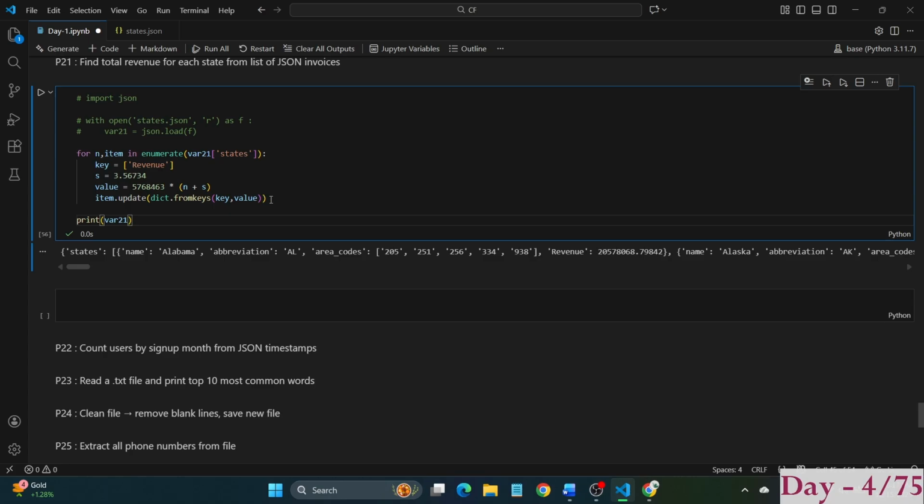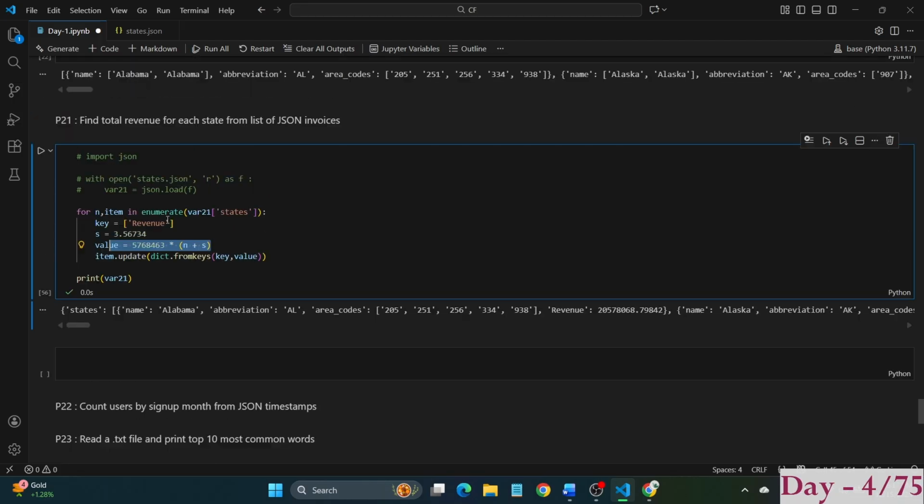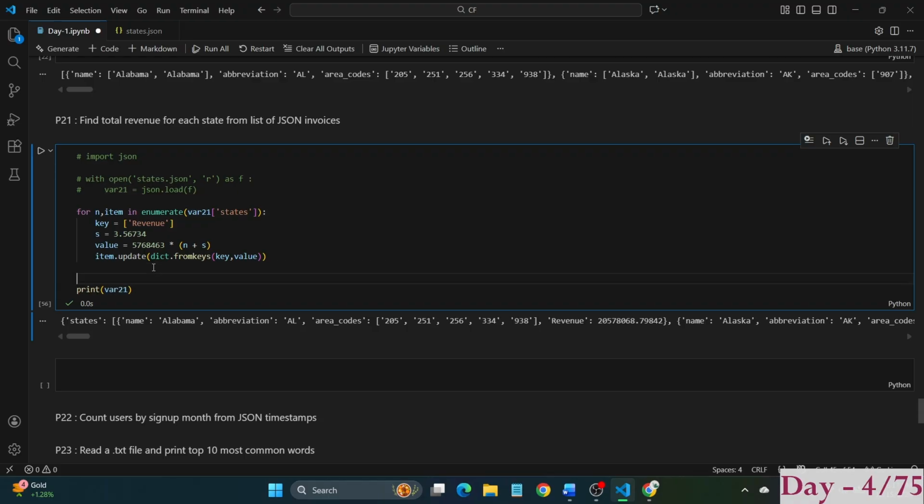Okay, so I have figured out that rather than passing the value again and again, I can just try a quick formula and then print the value for the revenue for every state. Okay, so since we now have the file, I'll try to write this var21 inside a new file. For that, I'll again use the open